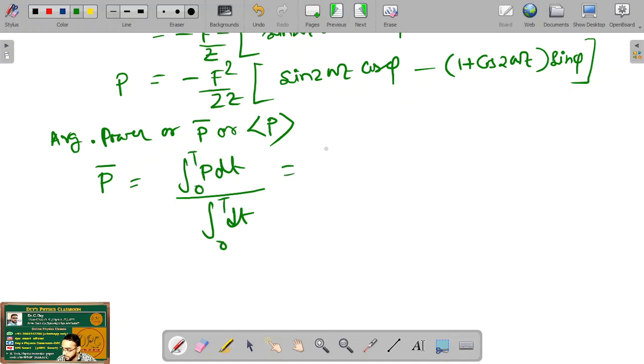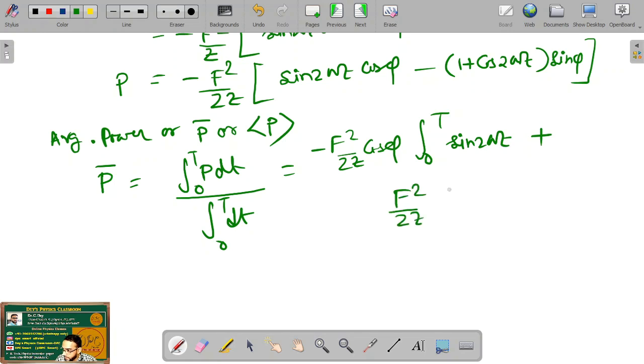Or it would be minus F²/2Z into cos φ integration of 0 to T sin 2ωt dt, plus F²/2Z into sin φ into integration of 0 to T (1 + cos 2ωt) dt, here also dt,